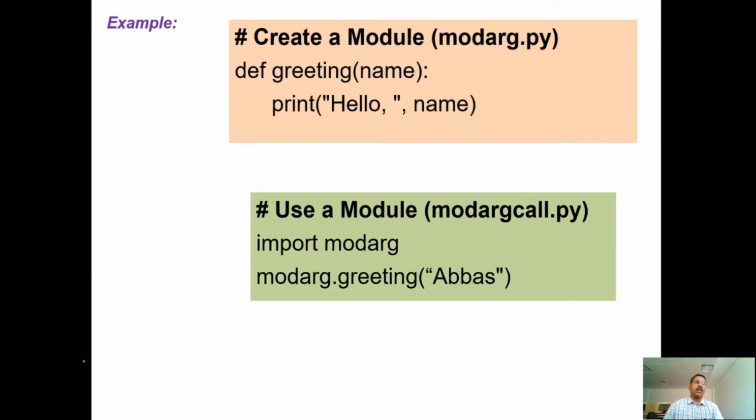Now come to the second example. What is the second example? In this example we are using one parameter. Here, what is the file name? This is mod argument. This is the one parameter we are using in this function. Now we are going to call this, import mod argument. Now I am passing one parameter. What will happen? Once the value is transferred here, the related answer will be displayed. That was the second example for the module.